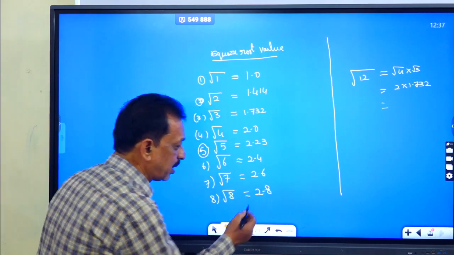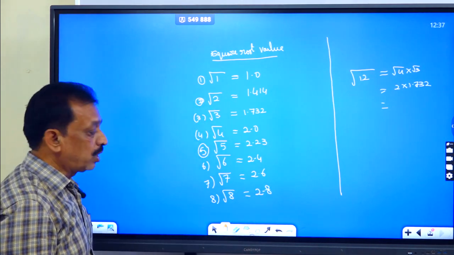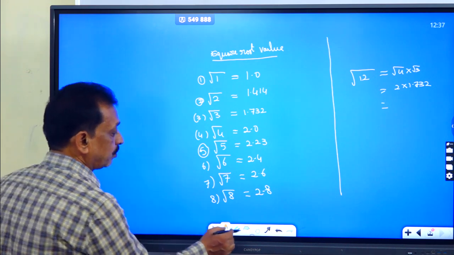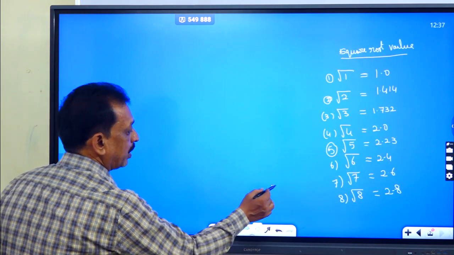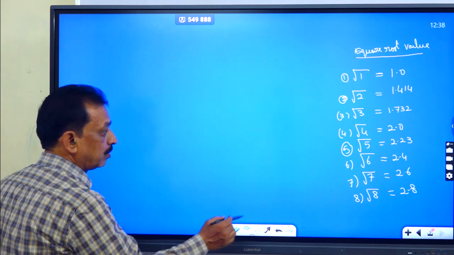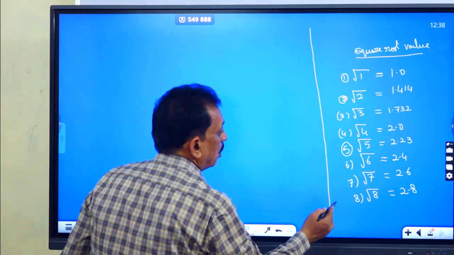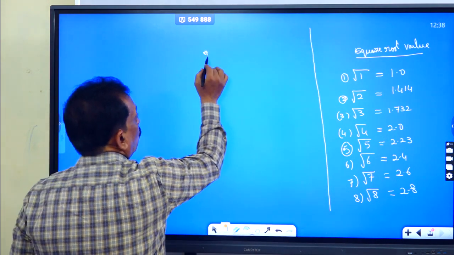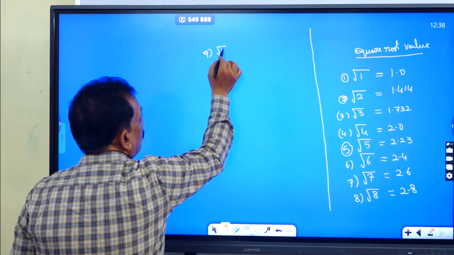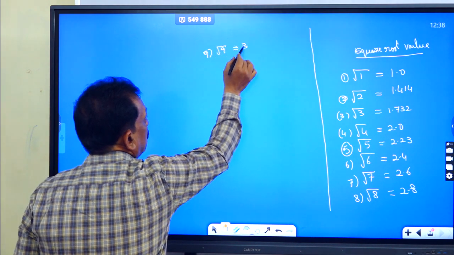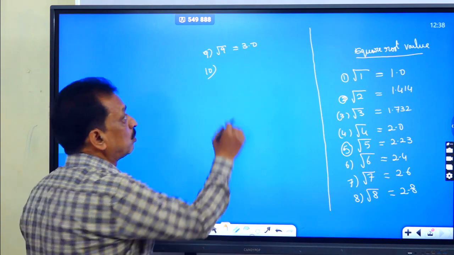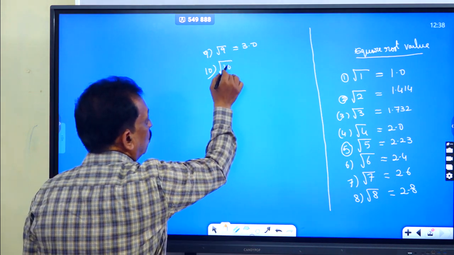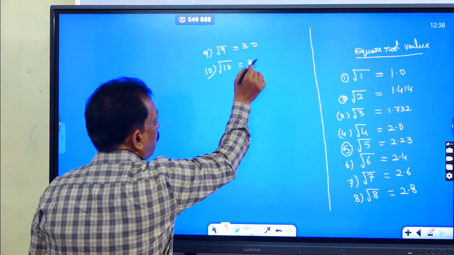And 7, root 7 is equal to 2.6, and root 8 is equal to 2.8. I simplified, not I'm writing it. So root 8 is equal to 2.8, and root 9, sorry, root 9 is equal to 3.0, root 10, square root of 10 is equal to 3.2,